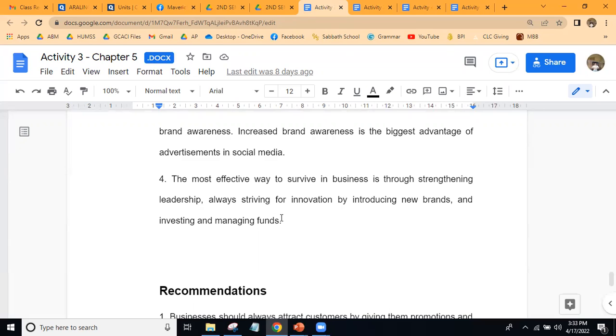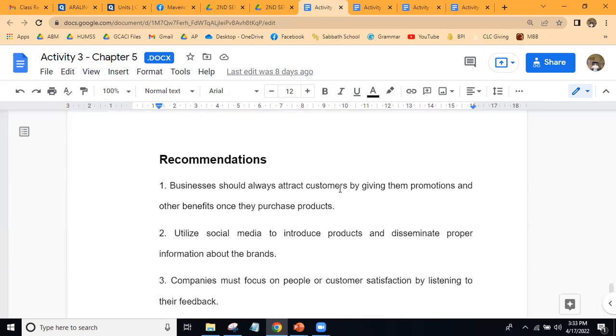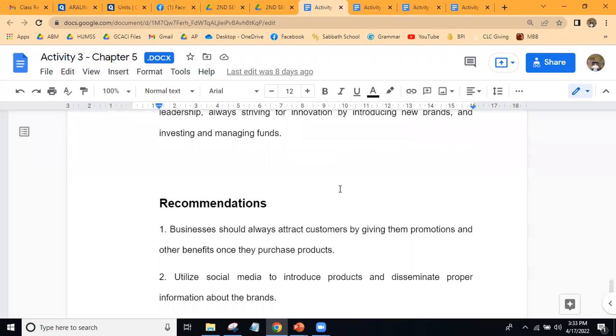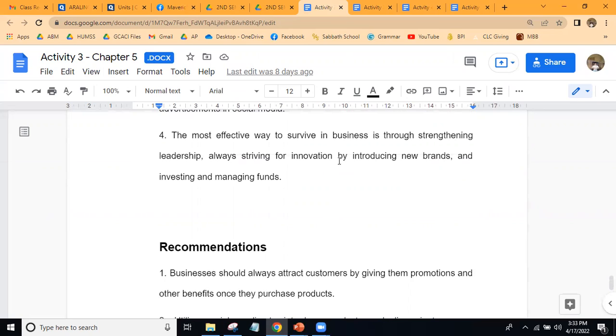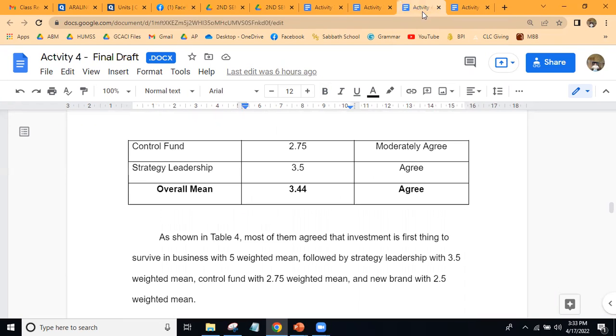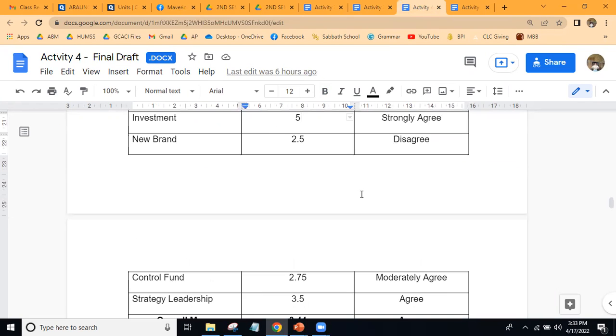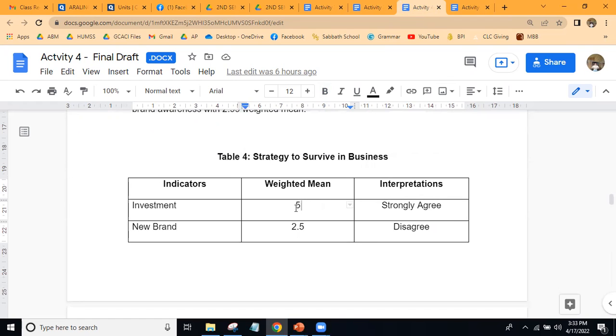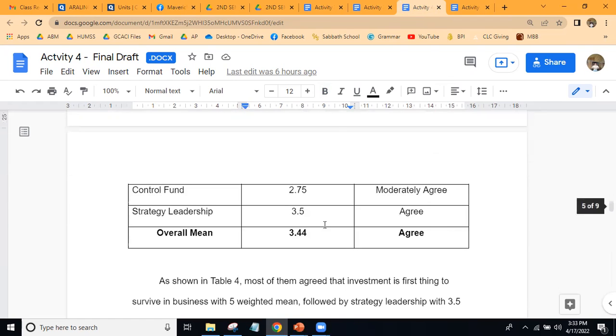So, dapat ito kung ano yung pinakamataas. No? Since hindi pa nga ito tapos, ginawa ko lang na example sa inyo para naman medyo may idea kayo on how to make a research. All right, so yan, I'll take note of this. Mali itong chapter 4 nila, number 4 conclusions, dapat siya ay investment. Kasi yung investment ang may highest score. Okay.